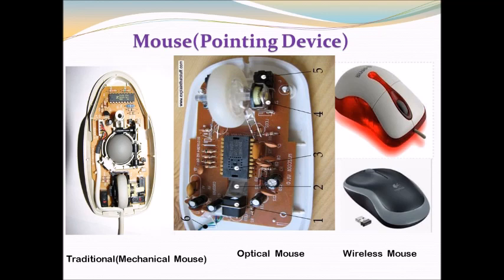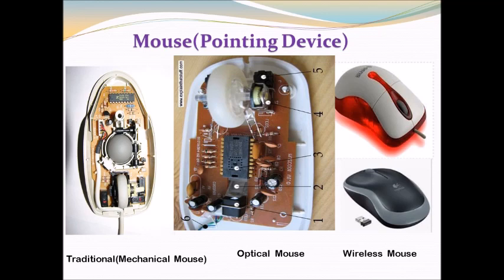Second is the optical mouse or opto-mechanical mouse. The opto-mechanical mouse also works on the same principle as the mechanical mouse, but the difference is that it has optical sensors to detect the movement of the ball. But in a pure optical mouse, you will find that optical beams or rays use laser technology to detect the movement of the mouse. It is more efficient and expensive than the mechanical and opto-mechanical mouse. And the wireless mouse uses wireless principle or waves, infrared ray waves, to detect the motion.